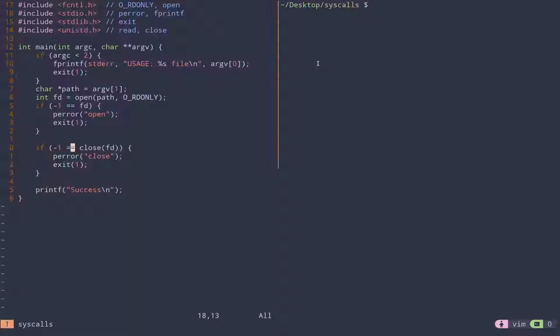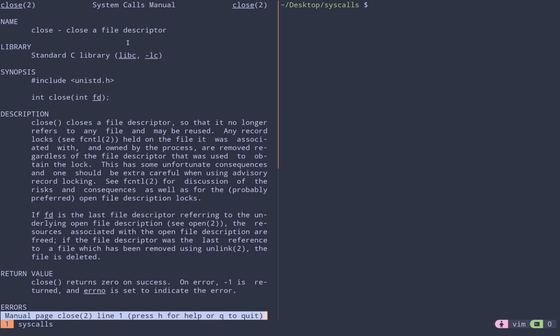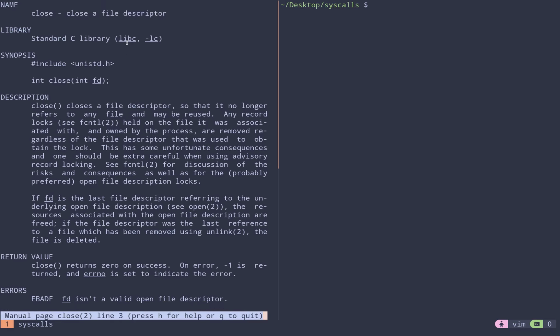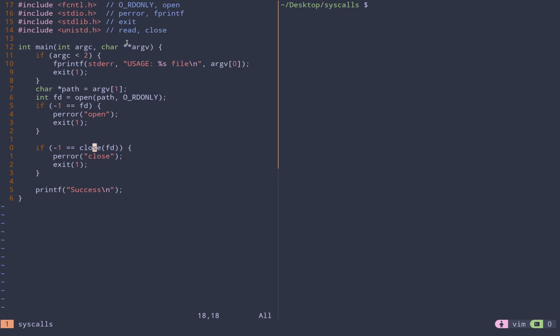Otherwise, if open succeeds, we're going to then try to close the file descriptor using the close syscall. So if I open this in Vim, you can see it. It's another syscall. And if close fails, we'll print out that close failed, again exit 1, and then if nothing else goes wrong,